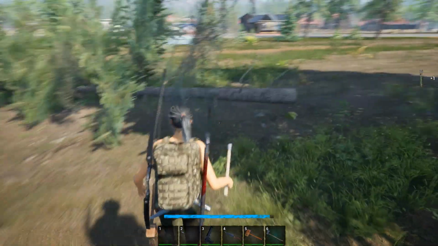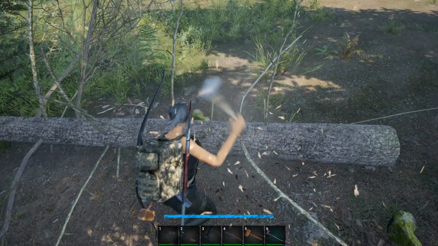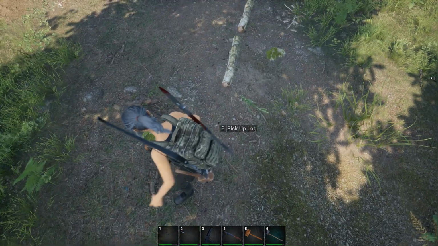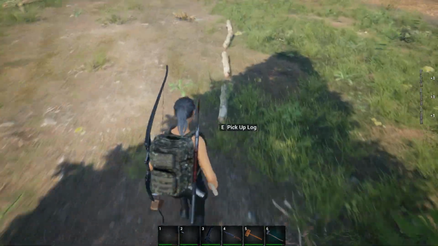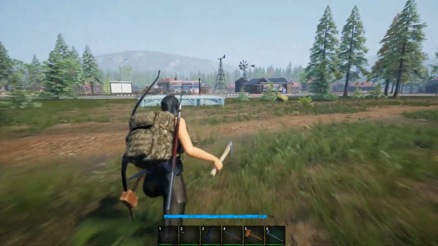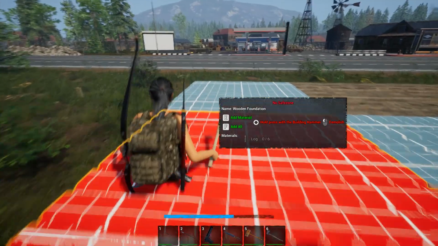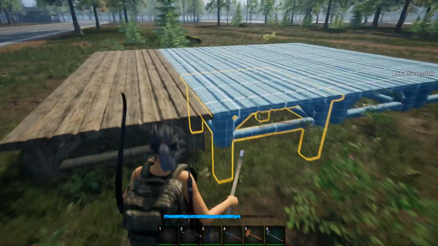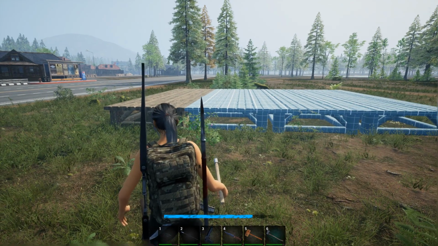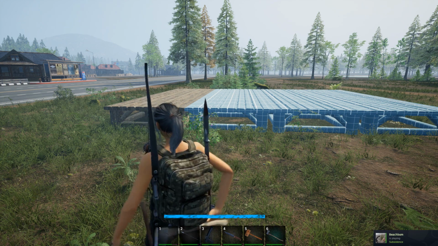This tree, we're going to grab this as well. And let's grab all of this stuff. Okay, so we are out of space in our backpack. That's okay. Let's just finish that one. And that's okay. And then what we're going to do, because we need to do it anyway, number 5, let's